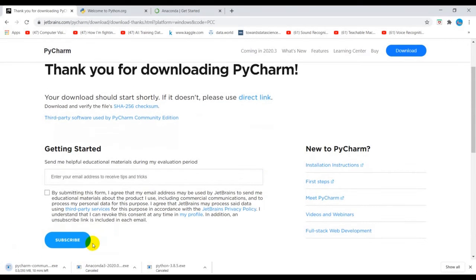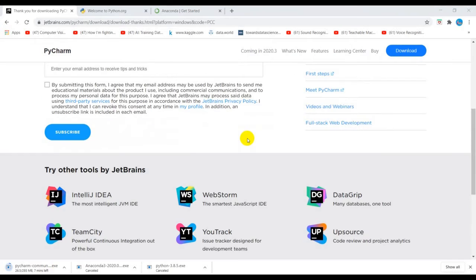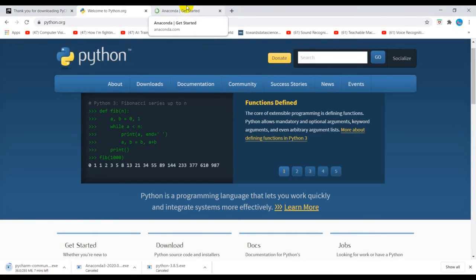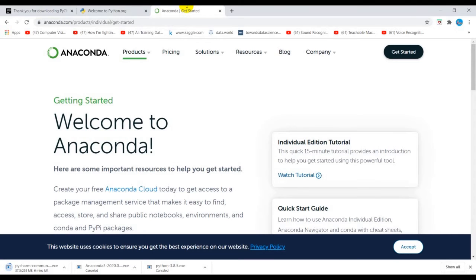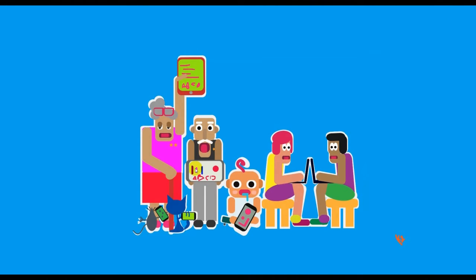Okay, so PyCharm is going to get downloaded. While we wait for it to download, you'd have to install Python first before we use PyCharm. I think PyCharm wouldn't run without a Python program installed. So, once I'm done, I already have Anaconda, so I'm going to